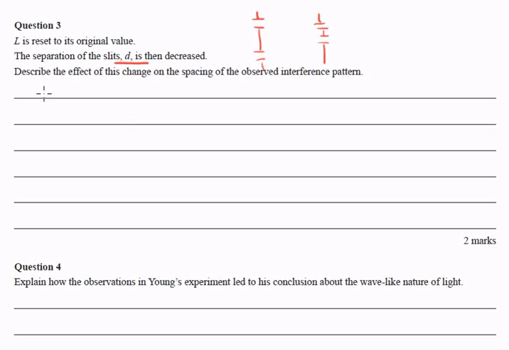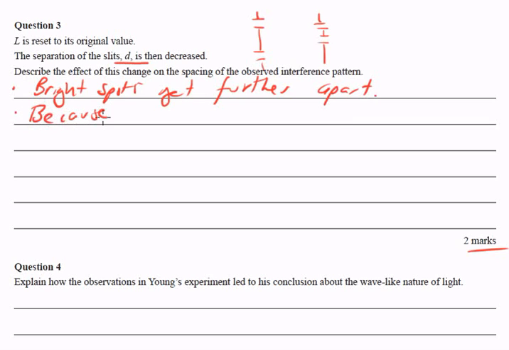As the slits get closer together, it turns out the fringes or the bright spots get further apart again. Bright spots get further apart. And this is worth 2 marks, so I'm going to put a reason as well. That's my first of what happens and why that's the case. And it's because as the slits get closer,